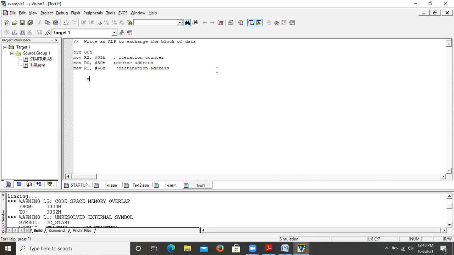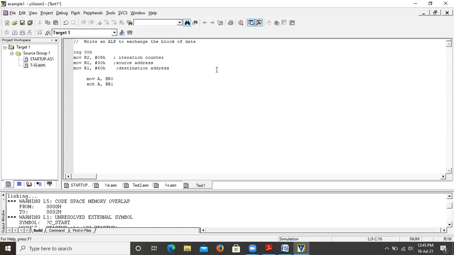Okay, first one, move A comma @R0. Take the content of @R0 and place it into A. Then use the instruction XCH A comma @R1.